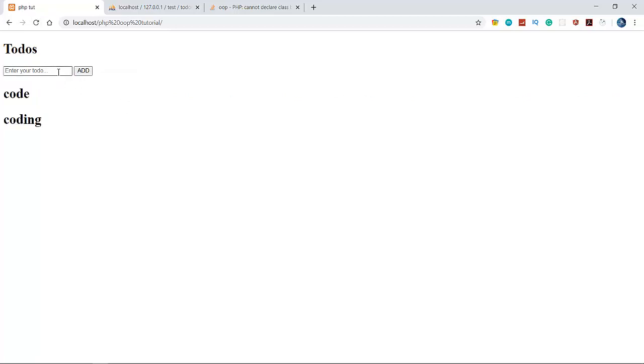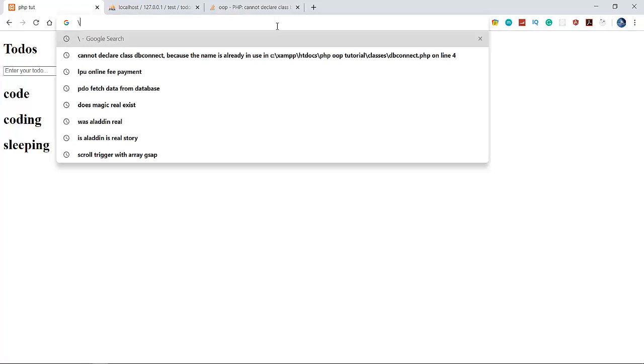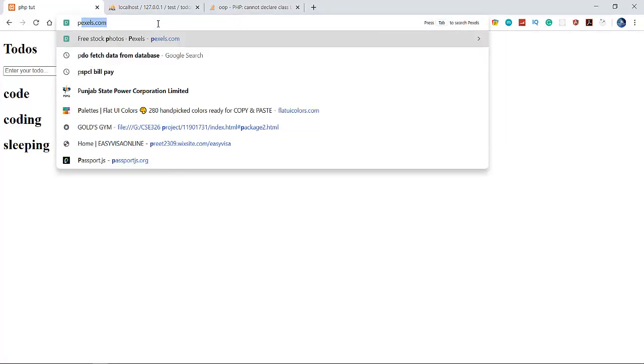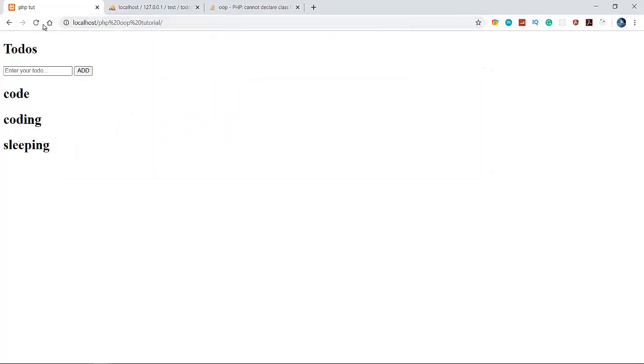Let's add one more todo. Let's add sleeping. Click add here. See that we are also getting sleeping here. Let me reload this.